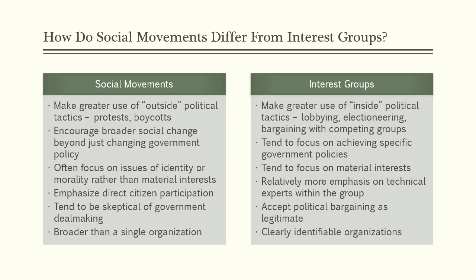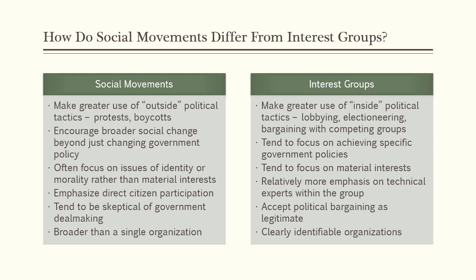The example of the civil rights movement also highlights the fact that social movements often, although not always, focus on issues of identity or morality. Race, religion, oppression of all kinds, these have been the sorts of things that have tended to give animating life to social movements. Social movements emphasize direct action by supporters, taking to the streets or other forms of direct action in which people take a clear stand on behalf of the movement's goals.